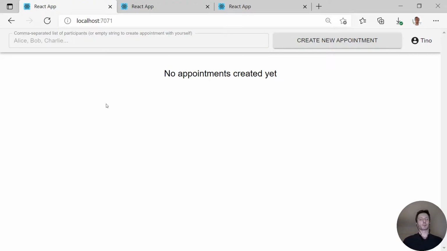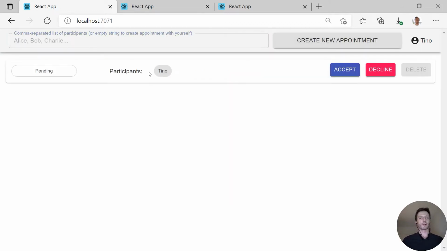Now, before we move on, let me just briefly show you what the outcome of our efforts is going to look like. And here I have it already running on my dev box, and it looks pretty much like a typical React-based single page application. And once I manage to log in one way or another, I should be able to create these appointments. Let's say first I would like to meet with myself, or else we might be having some appointment with other people,